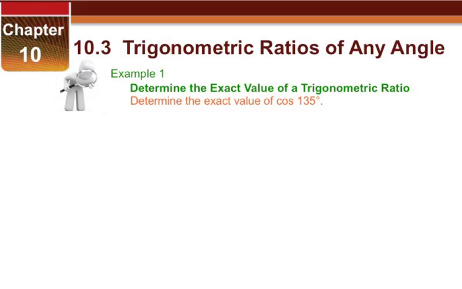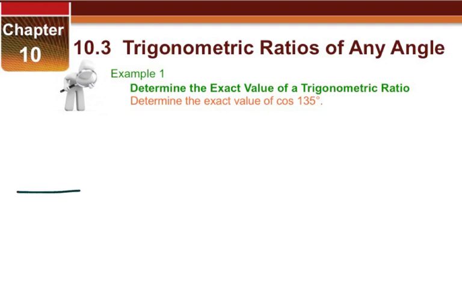So considering that we've already looked at special right triangles, there's two of those, a 30-60-90 and a 45-45-90, we can actually use that knowledge along with putting these angles on an XY axis to find the exact values of certain trig ratios. So if we look at cosine of 135, the first thing we need to do is draw